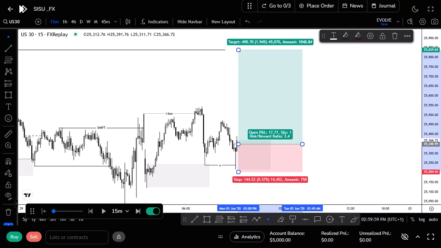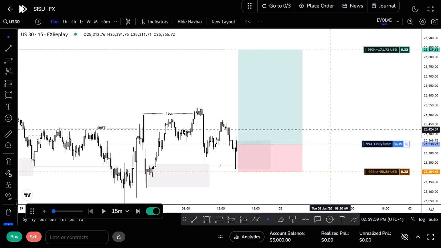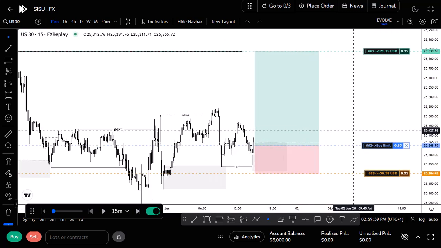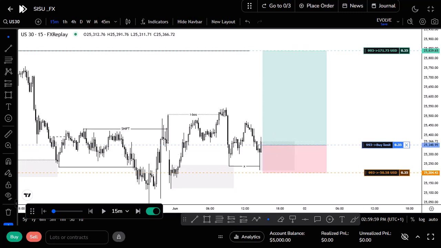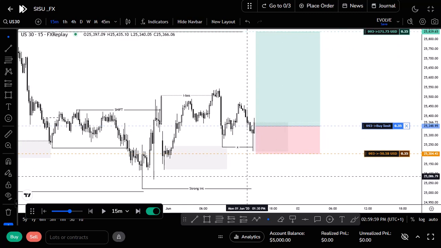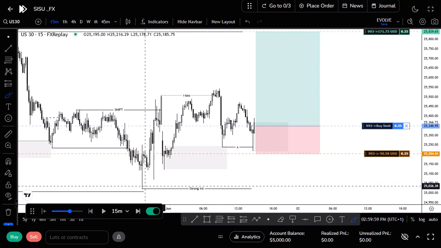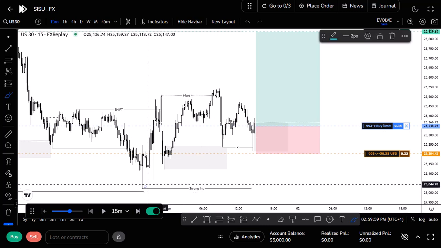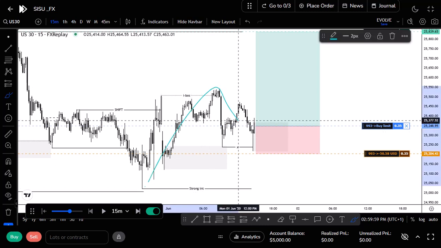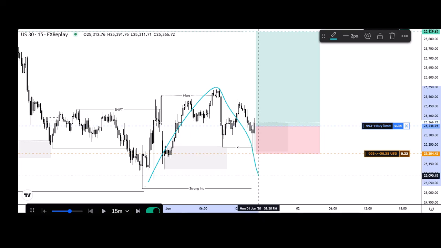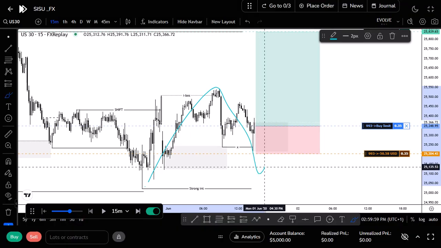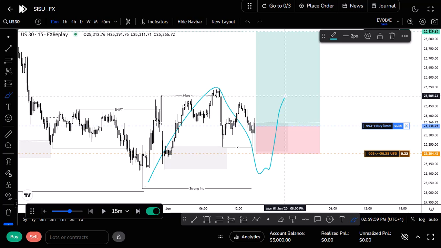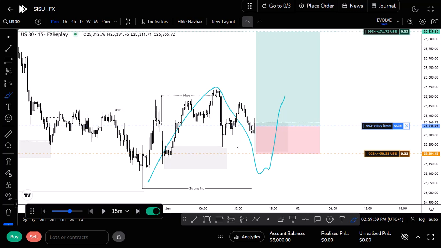So I believe the entry is clear to you, right? If I have a missing trade, it's fine. Let's just play price forward and see what happens. Remember, we are still in this internal range, right? So if we get stopped out and we are still in this internal range, and we see price pull back a little bit and we see an entry model, we can still take the trade, right? So there's nothing to panic about and there's nothing to be scared of, right?